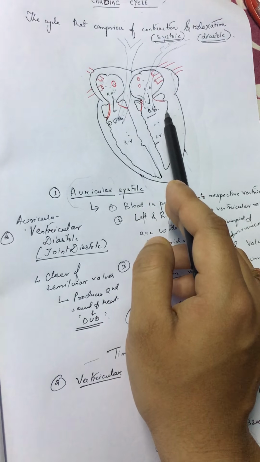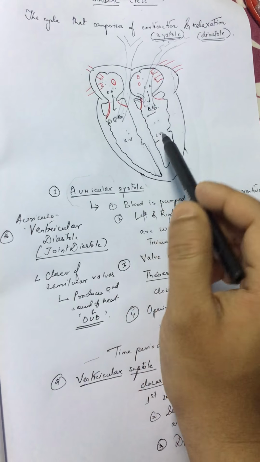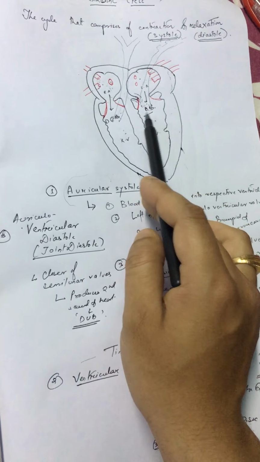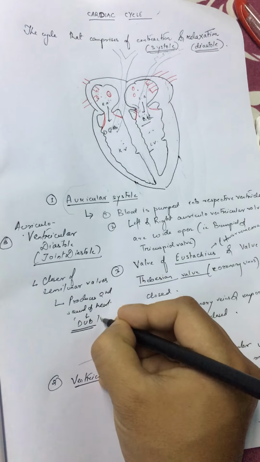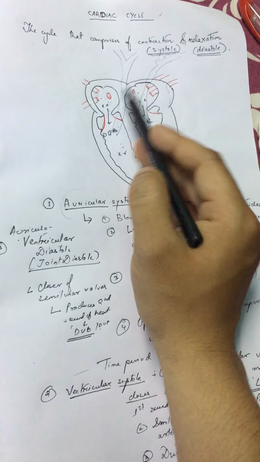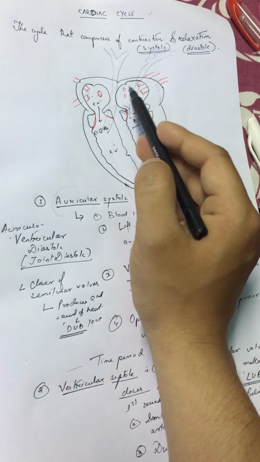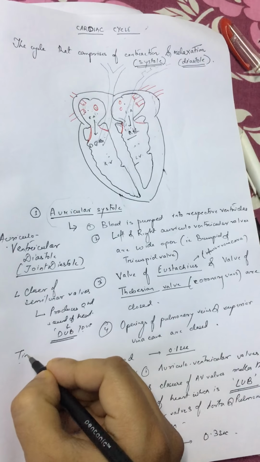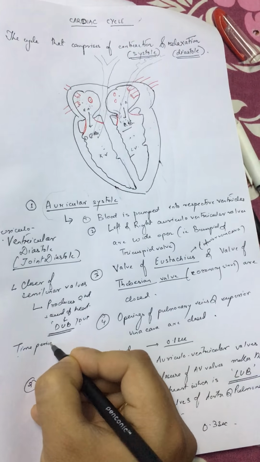And during this joint diastole, the blood will start to fill the atria, or these auricles, and the time period of this joint diastole is